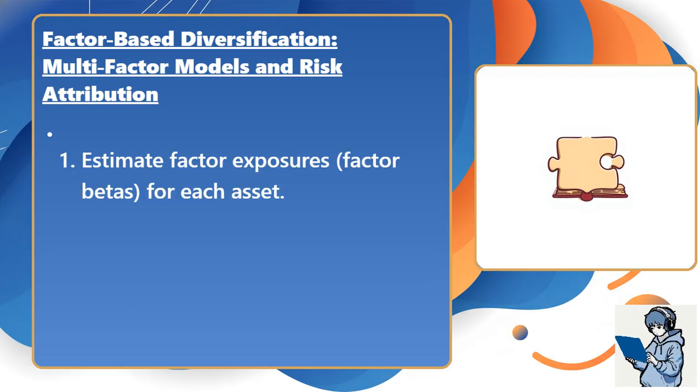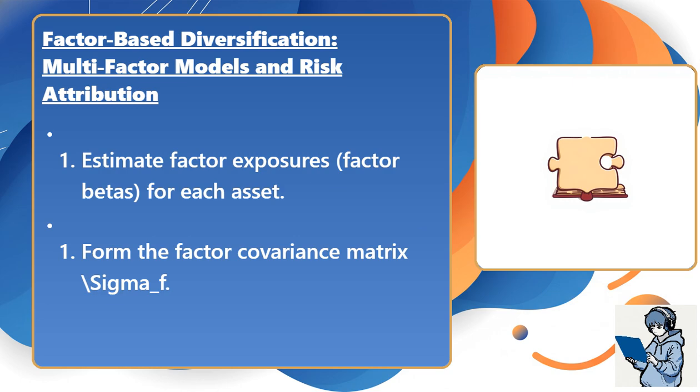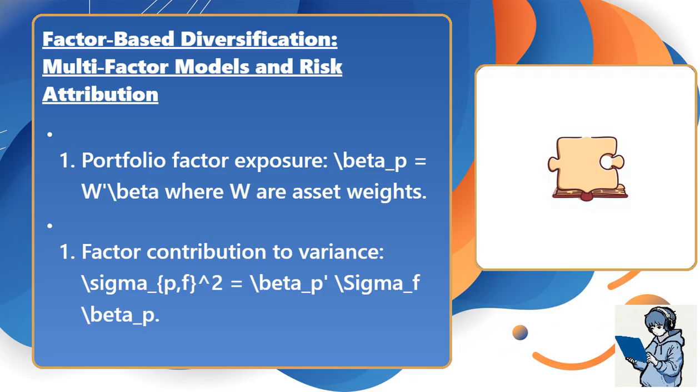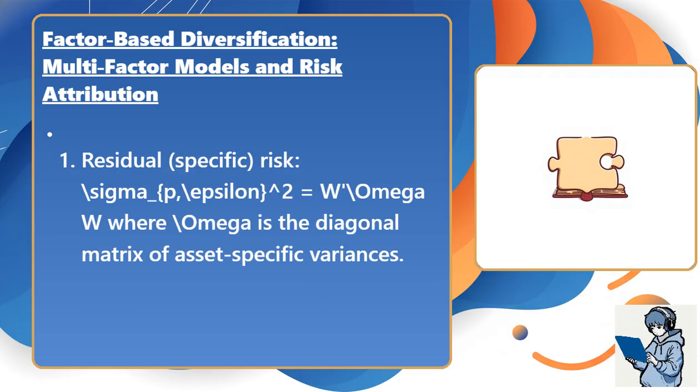Step 1. Estimate factor exposures, factor betas, for each asset. Step 2. Form the factor covariance matrix sigma F. Step 3. Portfolio factor exposure beta P equals W prime beta, where W are asset weights. Step 4. Factor contribution to variance sigma P F squared equals beta P prime sigma F beta P. Step 5. Residual specific risk sigma P epsilon squared equals W prime omega W, where omega is the diagonal matrix